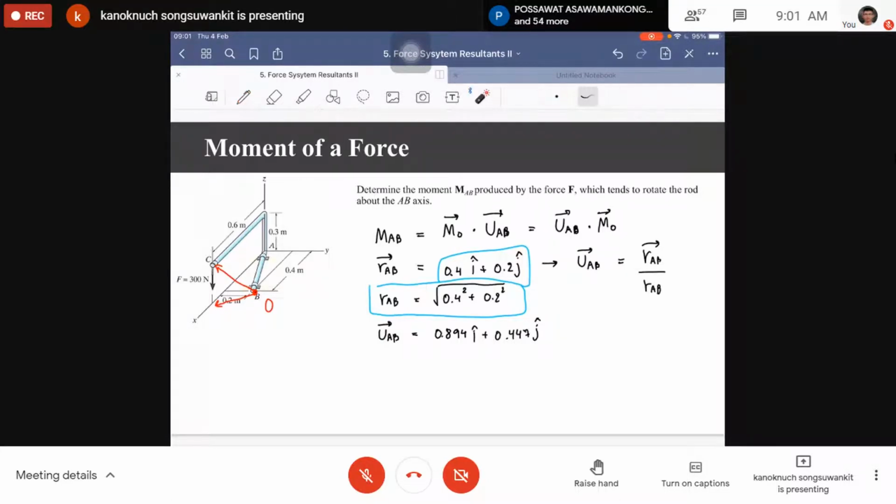Like I explained last time, whichever position vector you choose, you get the same results. So choose the one that is easiest. So for me this time, I will choose AD,